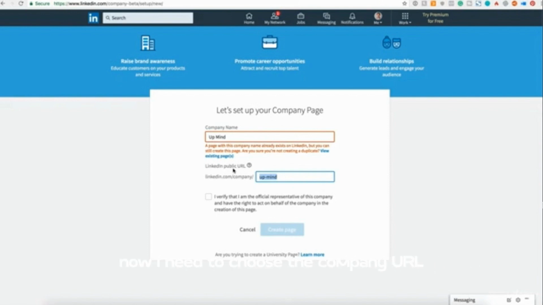Now I need to choose the company URL. You see here linkedin.com/company/ and you need to enter your username or your URL. In this case, let's try @Mine. Excellent, looks like it's available. So here you need to enter basically the name of your company or some username that you want to use for your account. And remember that this link is important because we will use it to share with your audience. So when you are promoting your LinkedIn page, you can say, hey guys, please go to linkedin.com/company/ @Mine, which is